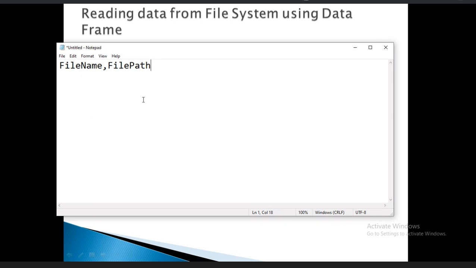So what is your requirement? I want to read the data from this file path, then I want to write the data to my target system. 100 files. What is the best solution? Let me create these 100 file names and path details in one lookup file. Let me read this lookup file into a data frame. On top of it, I will execute my looping concept.